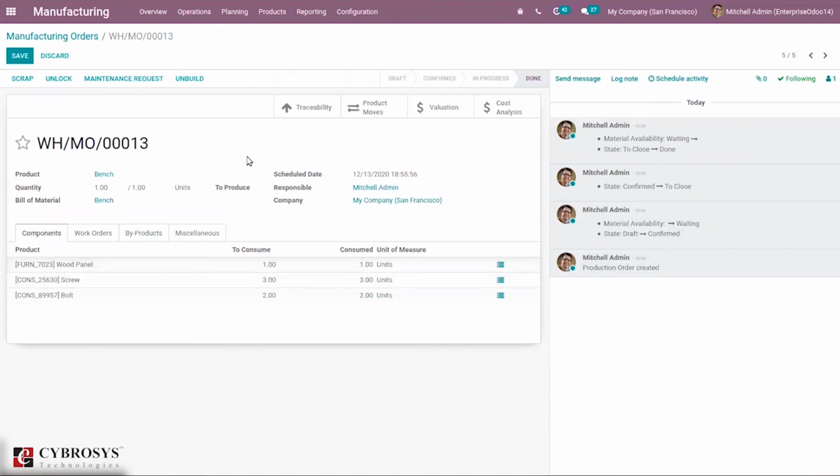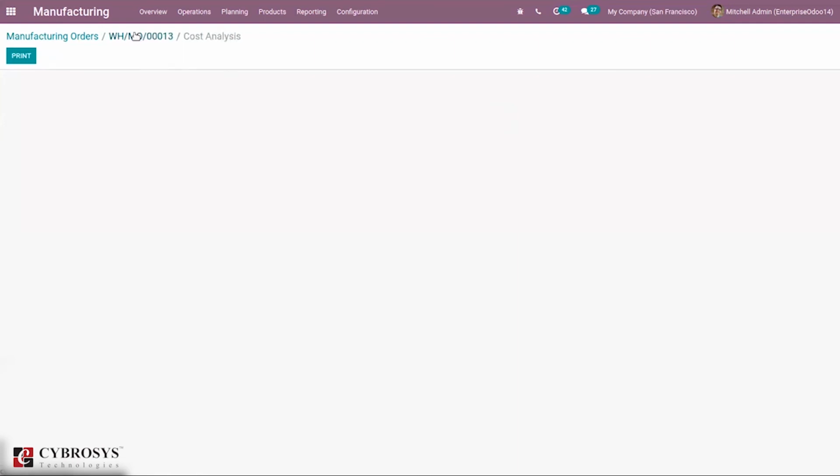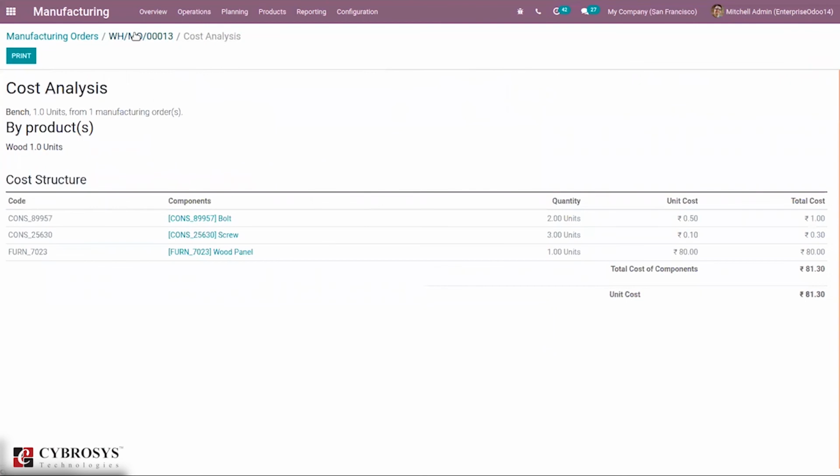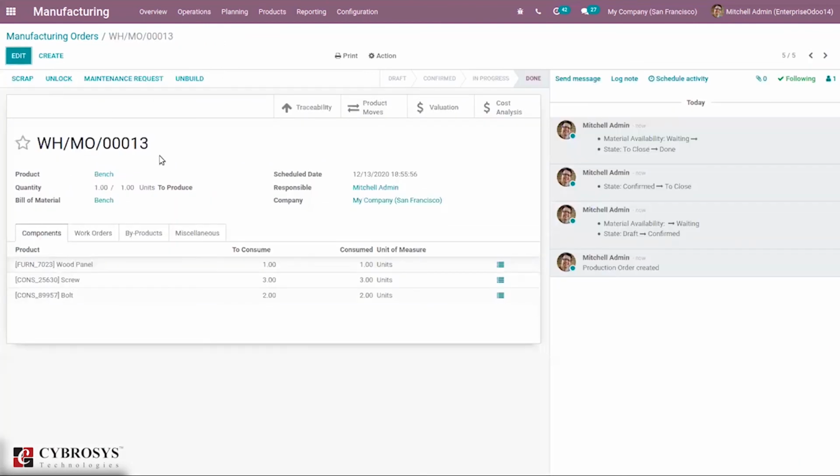So you can see we have created a manufacturing order using that bill of material, and you can see the traceability, product moves, valuation, cost analysis of your manufacturing order. So we'll be discussing creating a manufacturing order in detail in a separate video.